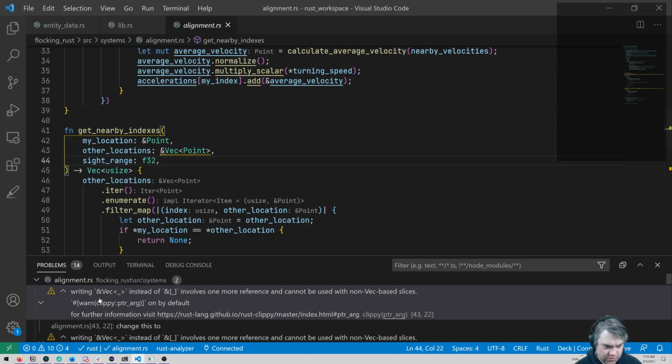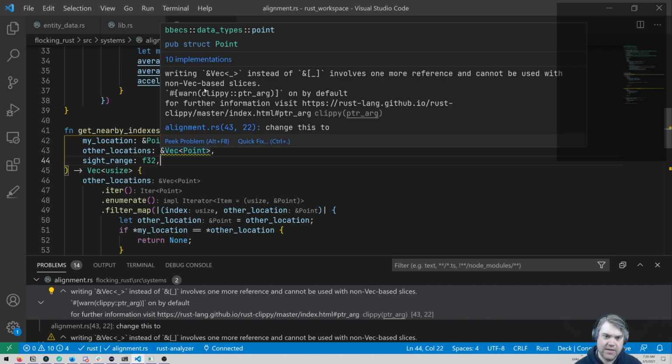Other locations. Okay, so writing. But what do you want me to do? Okay, so get nearby indexes. Writing reference to Vec instead of slice involves one more reference and cannot be used with non-Vec slices.